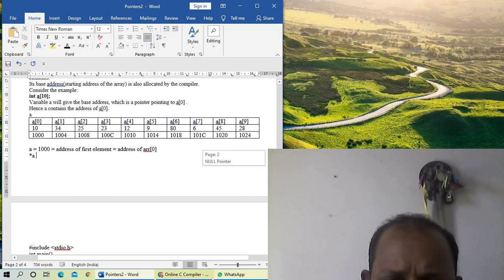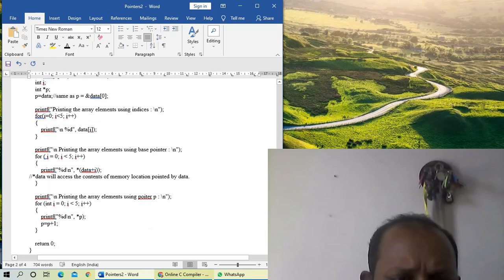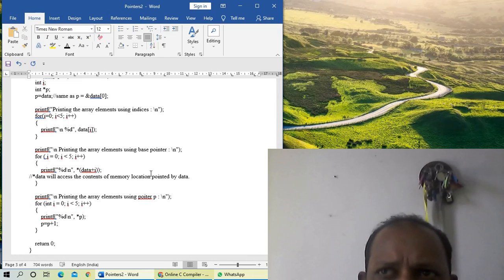That's why we have written like this: *(data + i). During the first iteration i is 0, so *(data + 0), that is *data, will print the first element. Then during the next iteration i is equal to 1, so *(data + 1). What will be data + 1? The address will be incremented by 4 because data is an integer pointer.